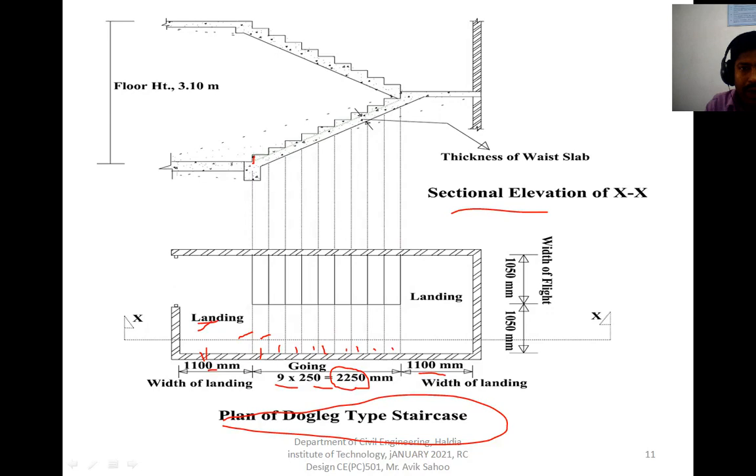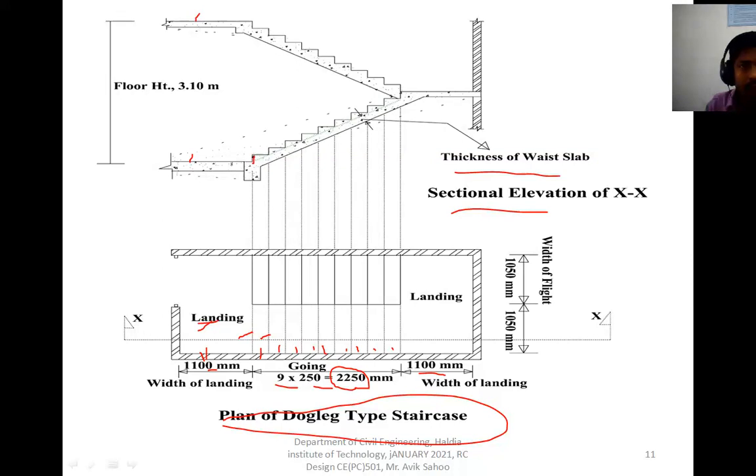Okay, that we understand. So this is the projection line drawn here, and the plan view, the sectional elevation, the projection lines are drawn here. So this slab is called the waist slab. So over the waist slab the steps are constructed, means the step is supported on the waist slab. Okay, here the beams are provided, here also beams are, so load is transferred from the waist slab to the landing to the beam. Now the thickness of the waist slab, the floor height is also given, which is from top to top. Okay, from this line to this line.